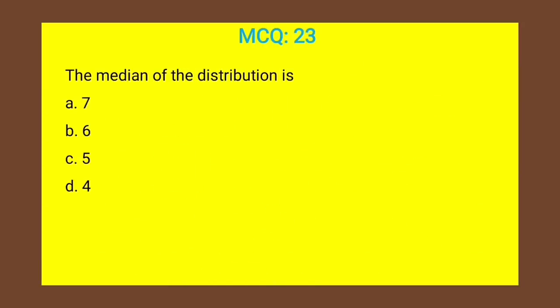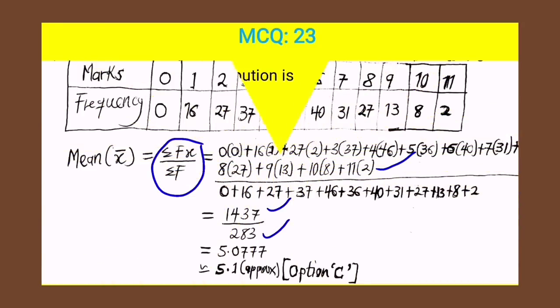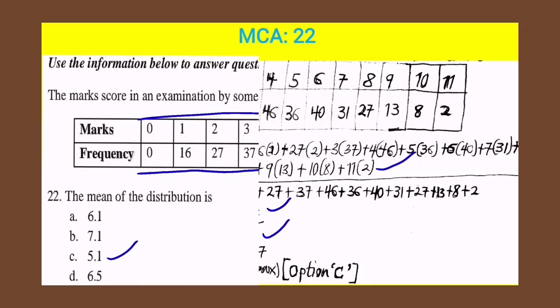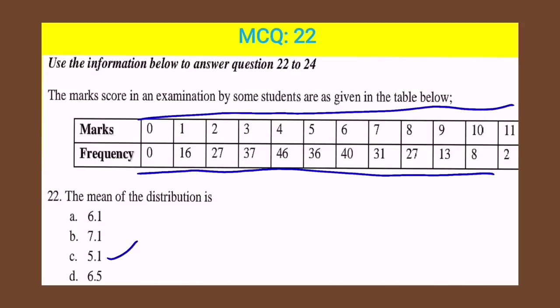Then 23, because we said we should use that information source for 22 to 24, so that means 23 will fall within the median of the distribution. To calculate the median of the distribution, we said it is the middle value of that set of data. So all you need to do here is find the total frequency, and in this case we said the total frequency